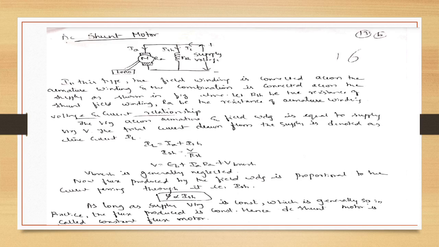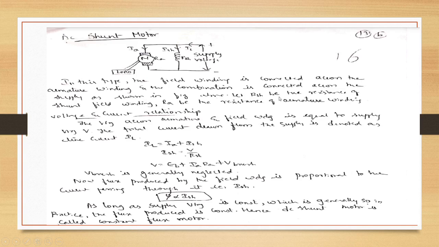All of you make a note of all these diagrams and equations. Take out a book and draw the diagram and write the equations. Very, very important. Problems are also very important on these types of motors and types of generators also. So this is a motor. Supply voltage is given to the motor. This is a field winding connected in parallel with the armature winding. IL is the line current. It is getting divided into ISH and IA. ISH is the shunt current, current in the shunt field winding. IA is the armature current. So field winding will be connected across the armature winding and combination will be connected across the supply.